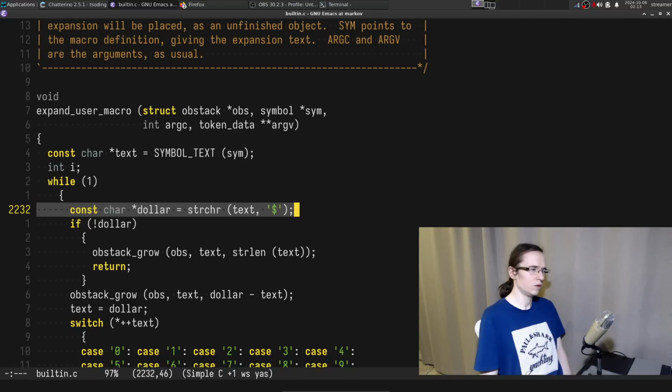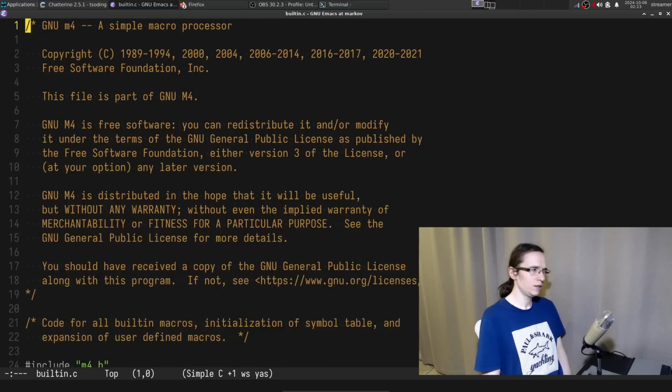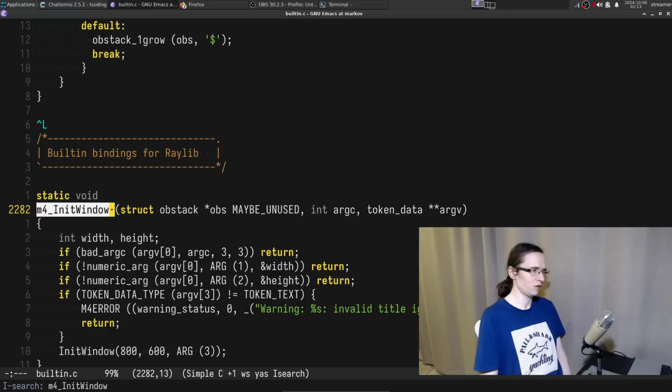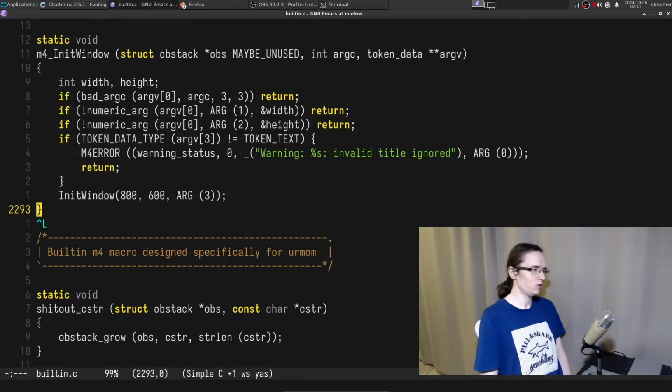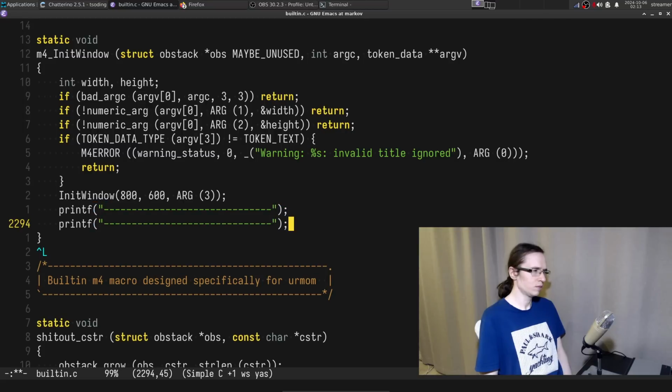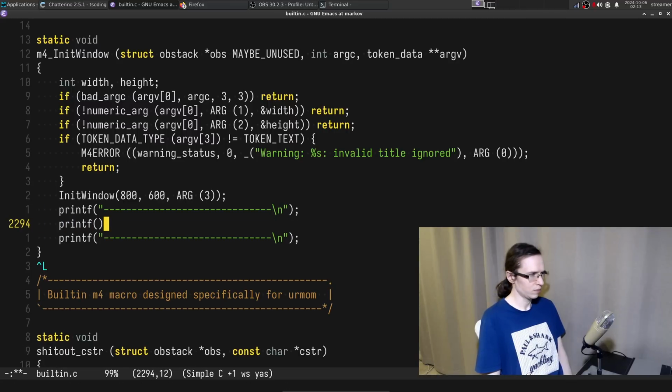I'm a bit sussing right now, chat. Can I just print something like this? Because I need to know. This is going to be a new line. M4 init window, $# arg count.